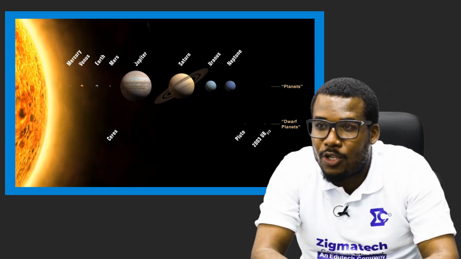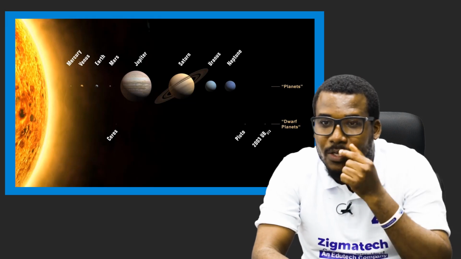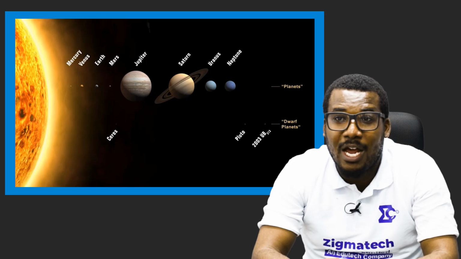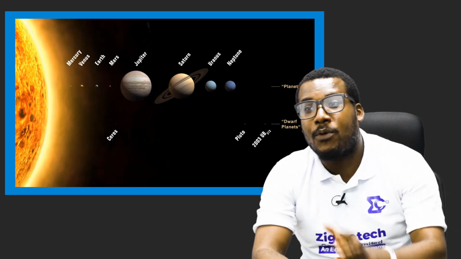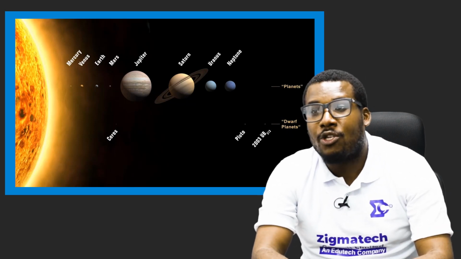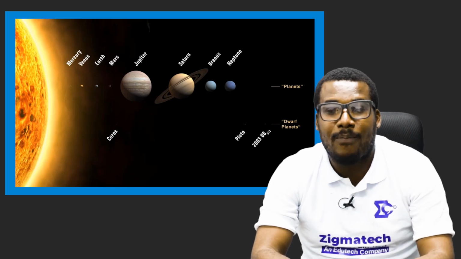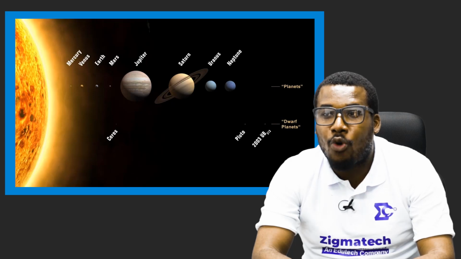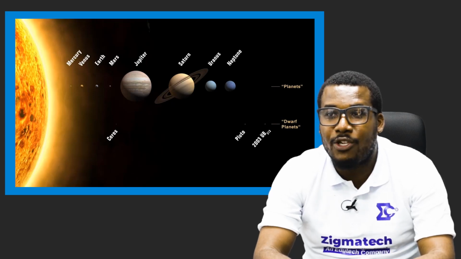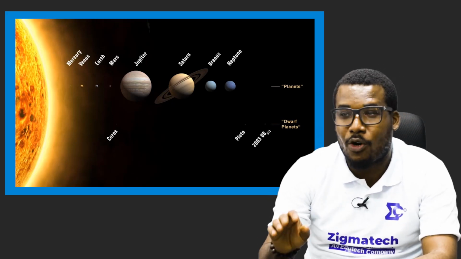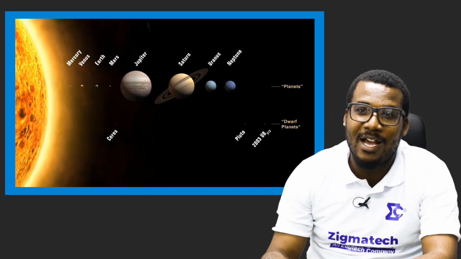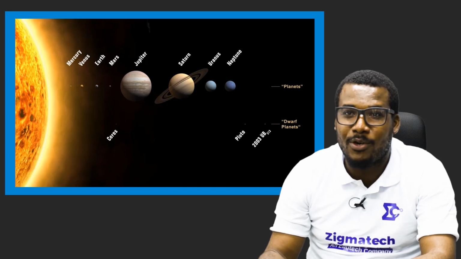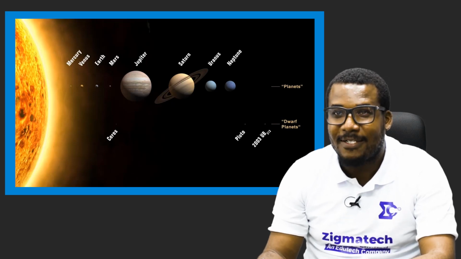Now look closely downward, you will see Ceres. Ceres is one of the moons of Jupiter, and one of the biggest moons in our solar system. Now we have Pluto, and in 2003 they discovered another dwarf planet known as UB313. Now these are the dwarf planets, Pluto and UB313. Very tiny. If you go close, you will need a microscope to even see them. They are quite small, smaller than Mercury. Probably Mercury will soon join them because Mercury is just too small.